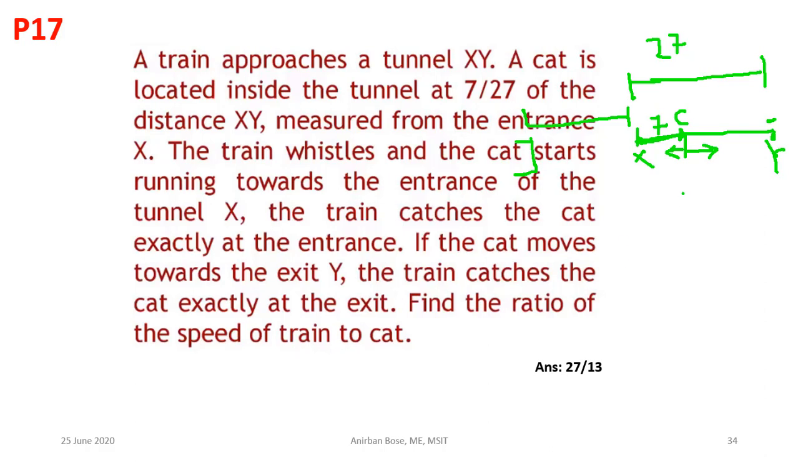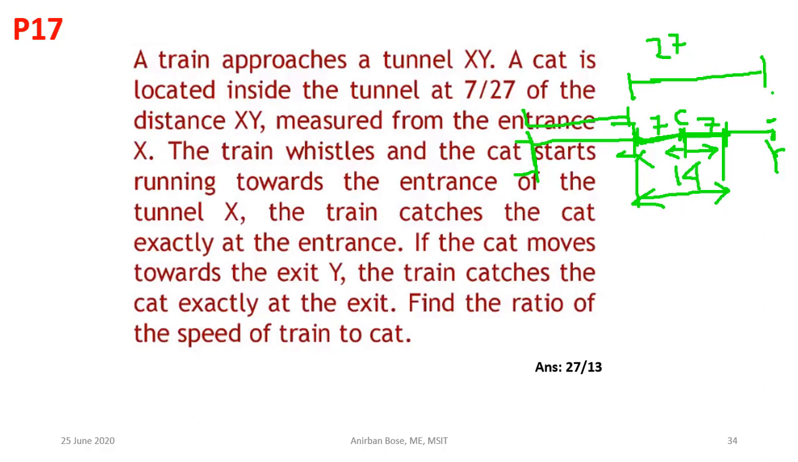Okay, to solve this problem, first find out how much distance the cat will move when the train comes from here to here. So when the train is at this position, if the cat moves in this direction, we know that by the time the train reaches the entrance, the cat moves 7 units of distance, so the cat will move 7 units in this direction, now because it is moving towards Y. Okay, so what is this distance? This distance is 14